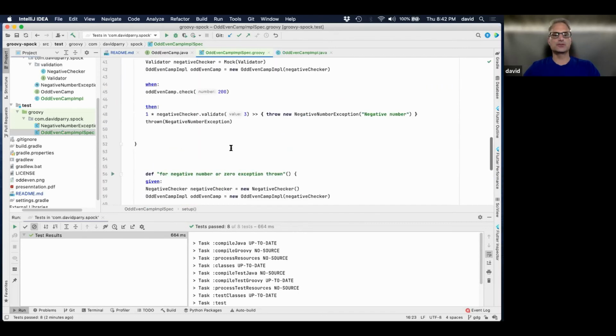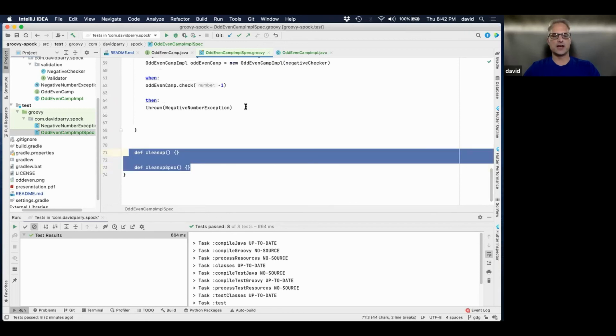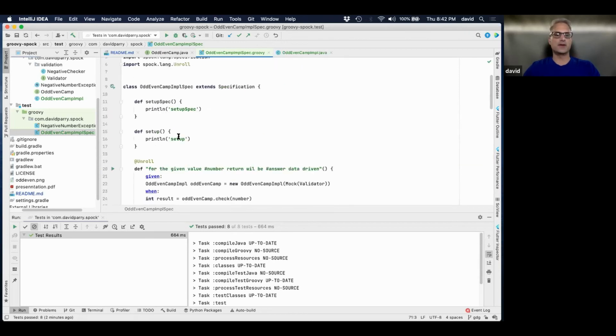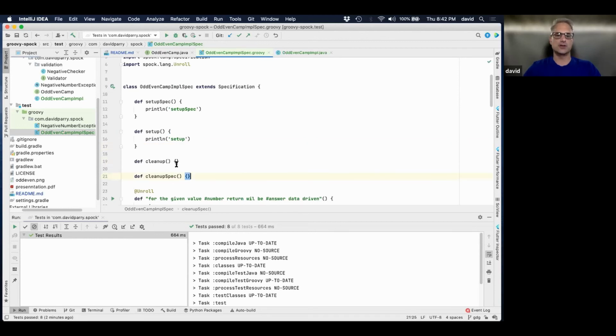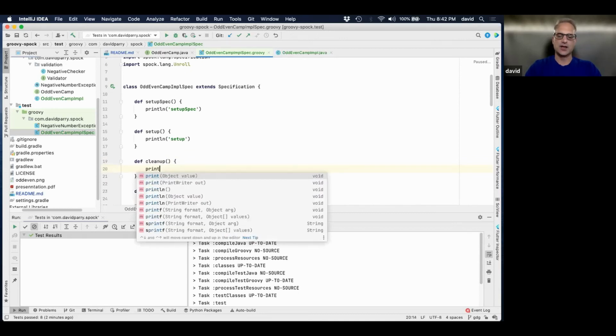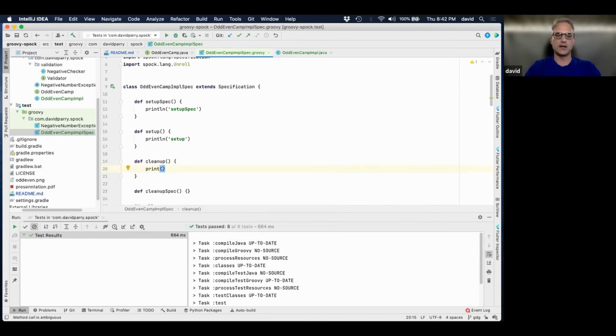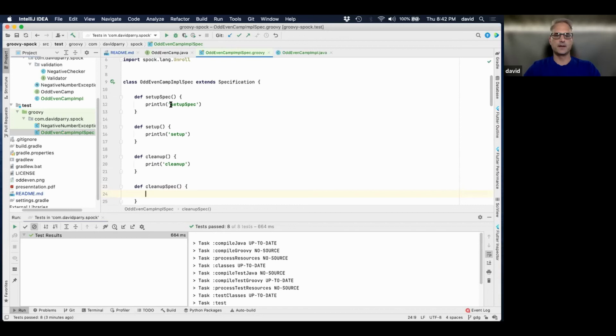And then the other thing I'm going to do so that we don't have so much chatter from the other ones, the outputs and stuff, because I just want to show you this. I'm going to put this on the other test class instead, so that you can really see what is happening here. This is cleanup, and this guy would be cleanup spec. And I'm just tired of typing. So this is cleanup. Just so you guys can see this.